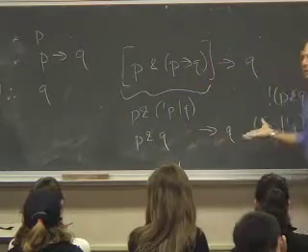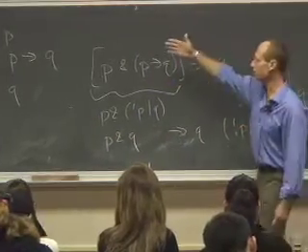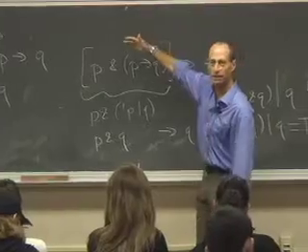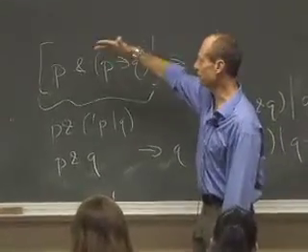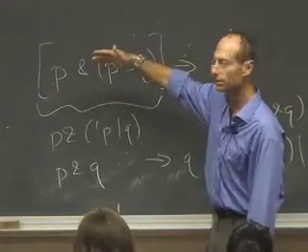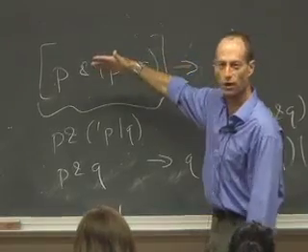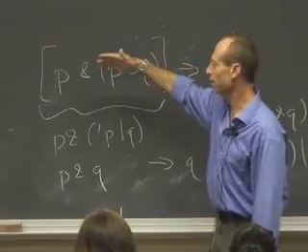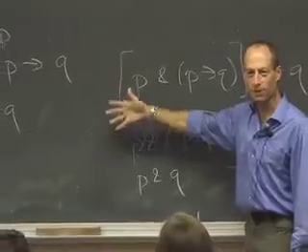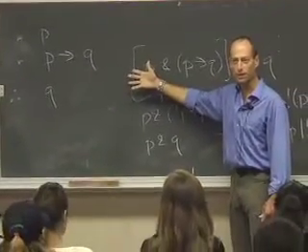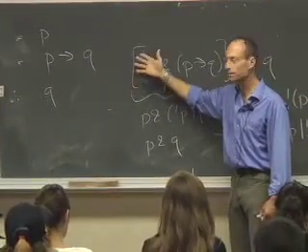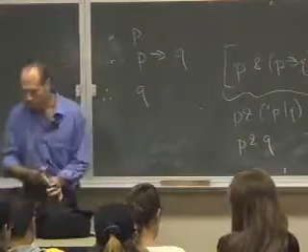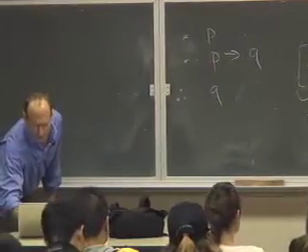Now, if the first premise were I am an alien, and the second is if I am an alien, then the sun goes around the earth, then this is logically valid, but it isn't sound because at least I don't think I'm an alien.